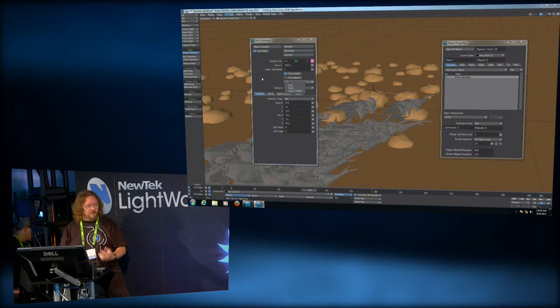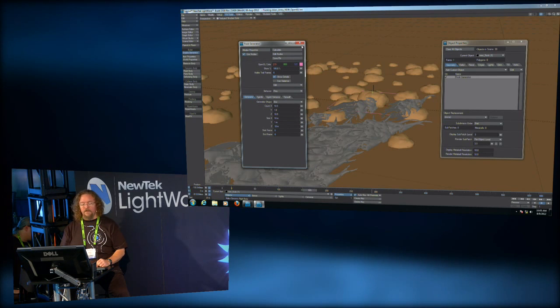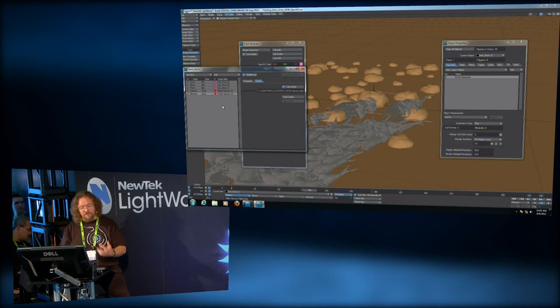Again, we have the ability of copying and pasting. We can copy from one, paste to another, so that if you are doing multiple generators, you don't have to do just one setup and then remember them. You can copy, you can paste. Everything uses the node editor for multiple controls. We get the master properties panel, which everything is together